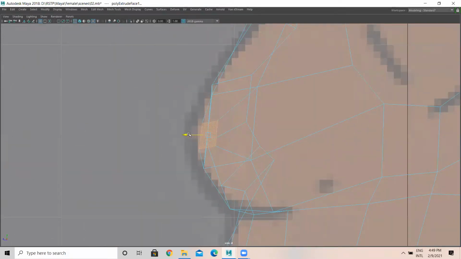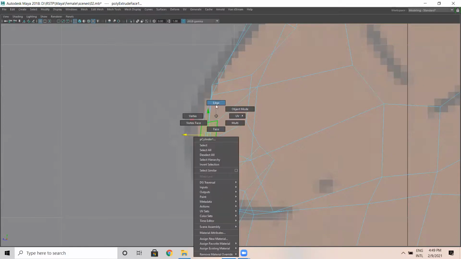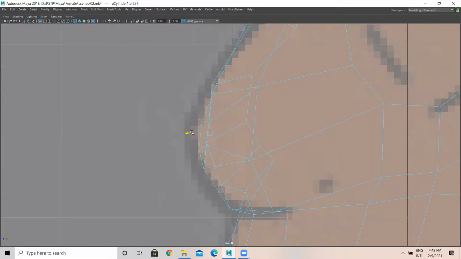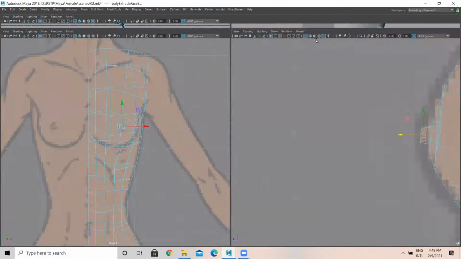So this thing should be here like this. Then after that, select this face, extrude this. First, make it smaller. Again, extrude, bring it outside like this.